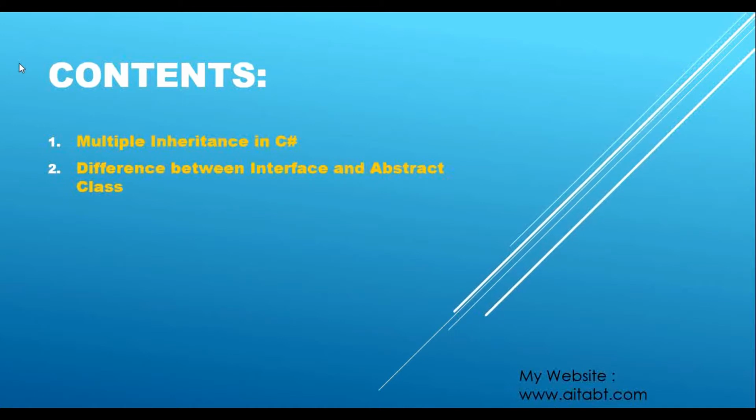So let's see what is multiple inheritance in C#, because we know multiple inheritance in C# is only possible through interfaces, and that we have discussed. Why? Because there is a deadly diamond of death problem if we try to use multiple inheritance using classes. We have learned that in this very tutorial series. If you are not aware of that, please go and check that video also. You will understand what that problem is, which occurs when we try to use multiple inheritance using classes.